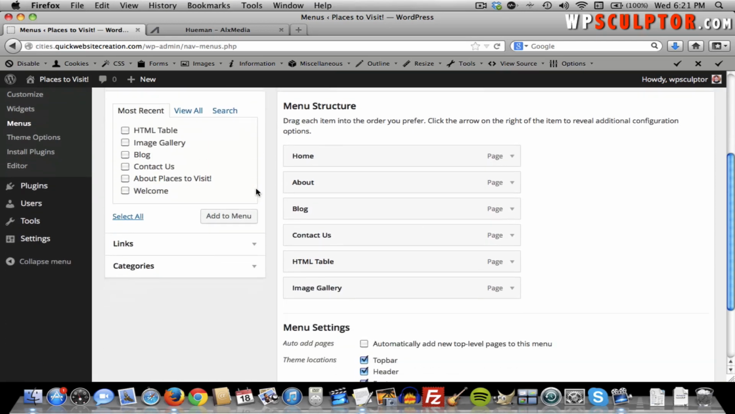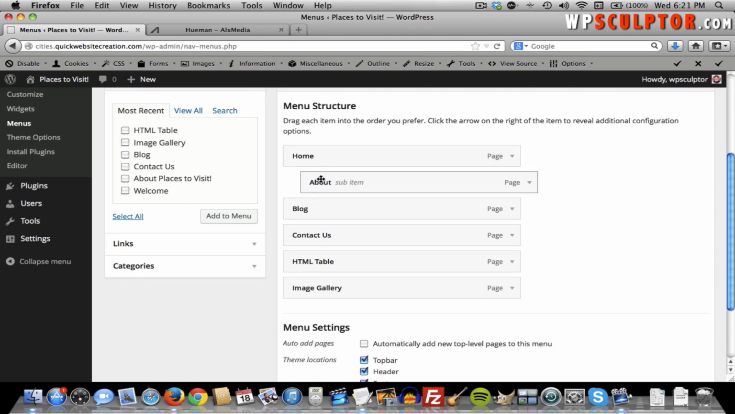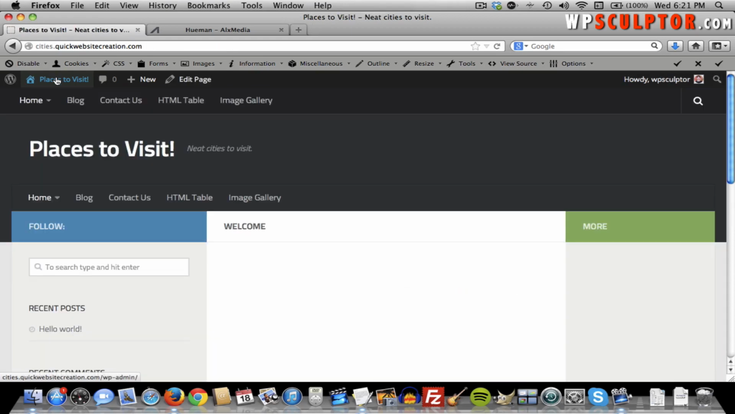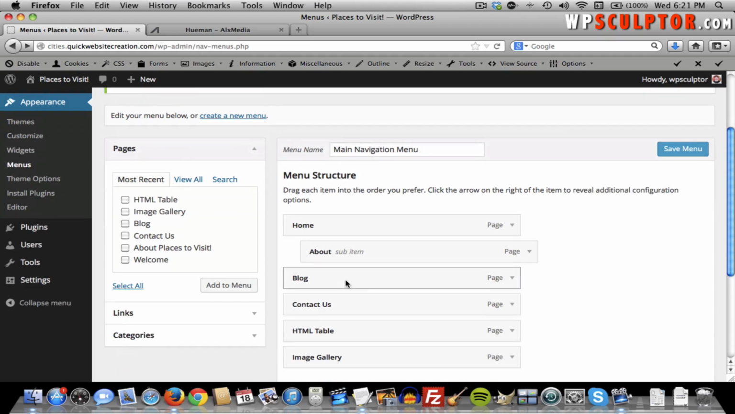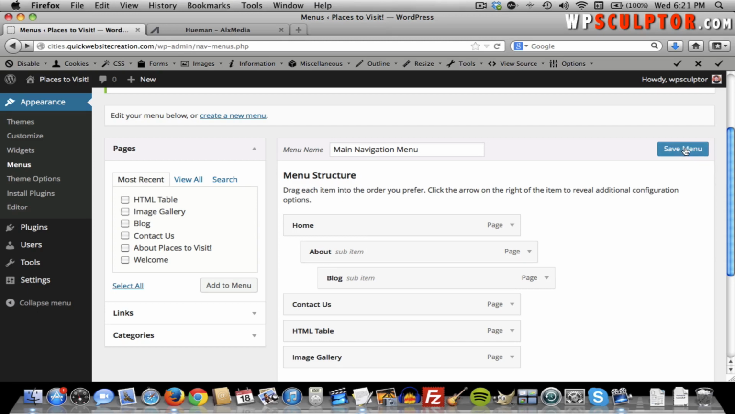Let's say I wanted, like I said earlier, the About page to be a drop-down menu of my home page, I could move it over that way underneath the Home and then click Save and go back. And now the About's not appearing here, it's appearing when I hover over Home, so I could access the About page there. If I wanted a double drop-down menu, a drop-down within a drop-down, I could drag that over just like that. So now when we save that,